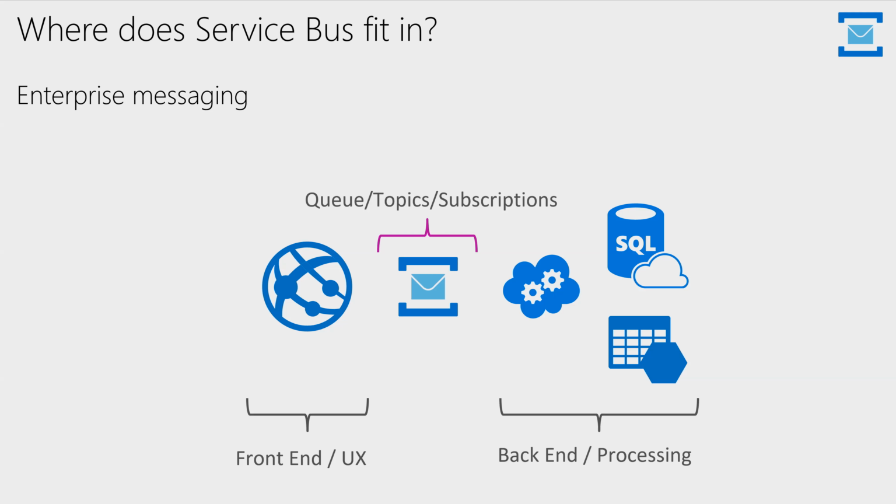Now with Azure Service Bus, it's not just queues. There are 3 types of queue-like entities, and Service Bus calls them entities. So these are queues, topics, and subscriptions. I'll elaborate on topics and subscriptions in a little bit. The idea behind this is that we want to scale the front end independently from the back end for processing. For example, on Black Friday, we want to scale the front end substantially, scale it out, but we don't necessarily want to scale up the back end just because we have an influx of orders within 24 hours. The other important thing is that we don't want to lose any of those orders.